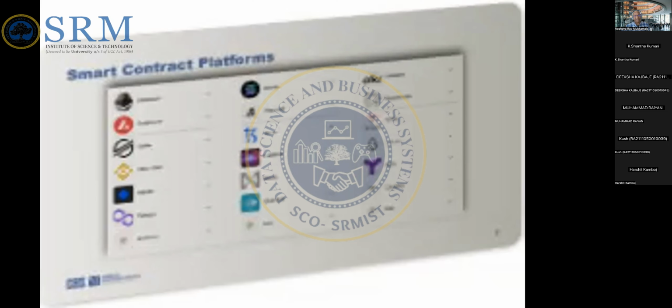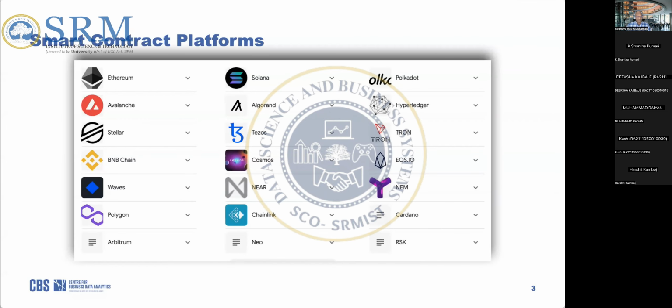First of all, there are several platforms, right? Just now I took this screenshot from Google. I searched for smart contract platforms, and there are so many platforms. For example, Ethereum is one of the popular ones, and Algorand and Hyperledger and others. There are several platforms. The question is about allowing a language like Python to create smart contracts and deploy them on Algorand and things like that. So that's perfectly fine.